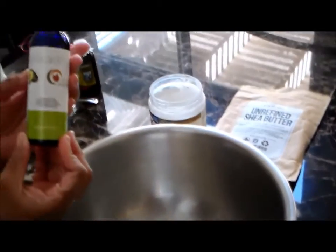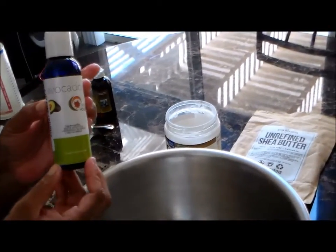Next, we're going to come in with our avocado oil, and we're just going to use 1 tablespoon of this